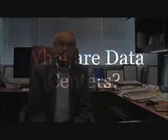What are data centers? Well, data centers house a variety of computing equipment, such as large and small computers, servers, storage media, etc., as well as increasingly telecommunications equipment. These can be switching equipment, etc., that handle calls, cell phone calls. So all of these, of course, are faced in some ways with the same types of problems as far as